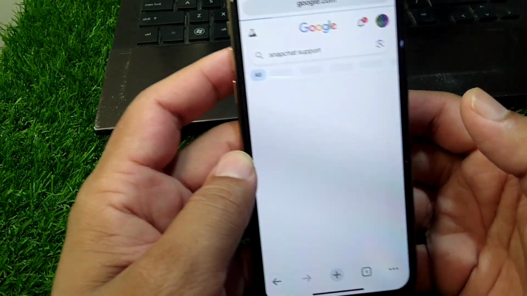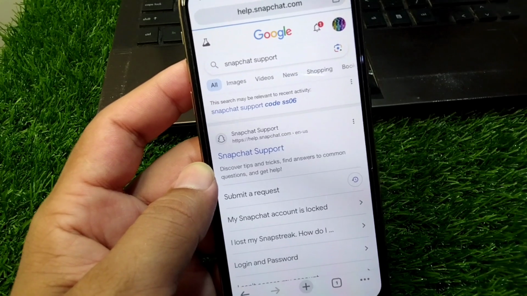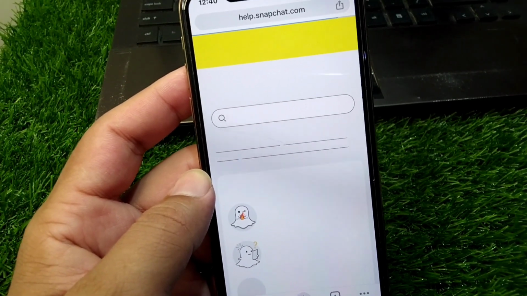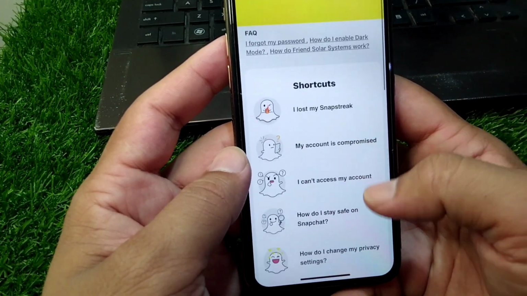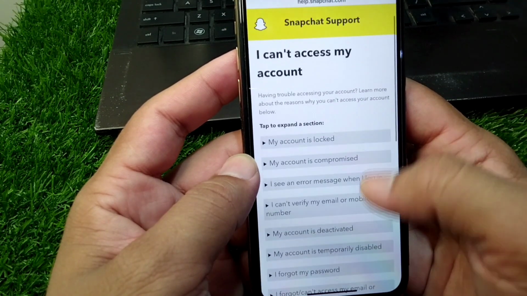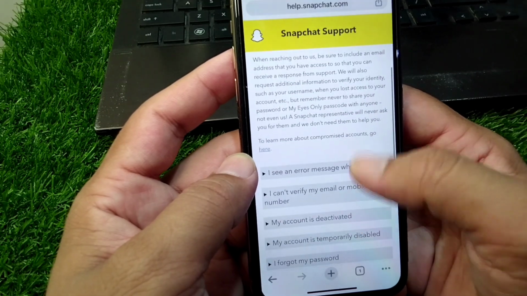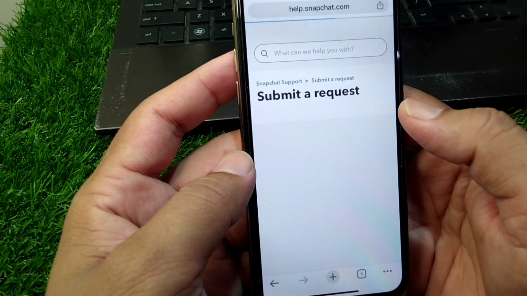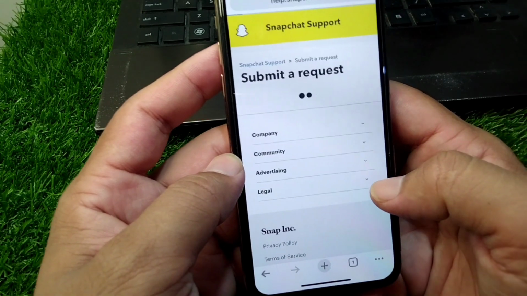So guys, here it is, and now tap on Snapchat support website, and from here you have to wait for some seconds, and now scroll below and tap on I cannot access my account, and from here scroll below and tap on my account is compromised, and tap on contact support here, and from here tap on I think my account was compromised,